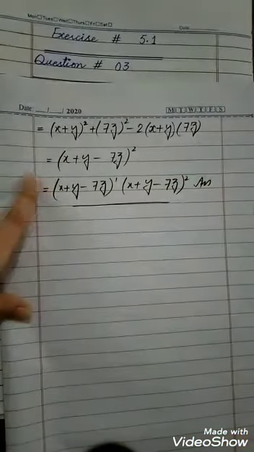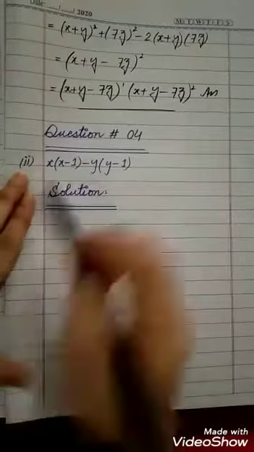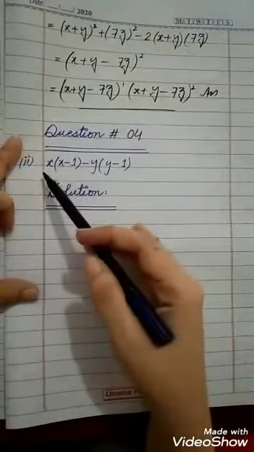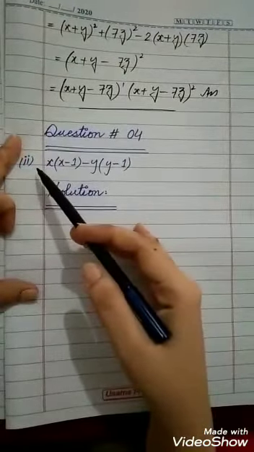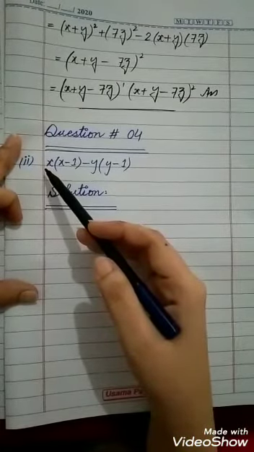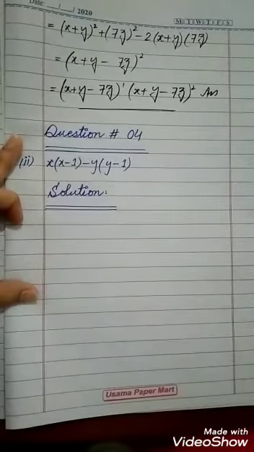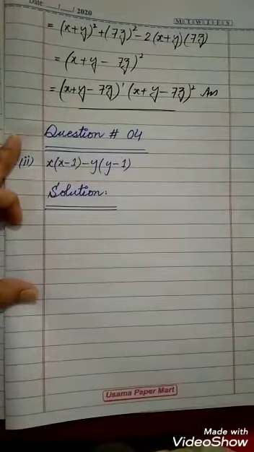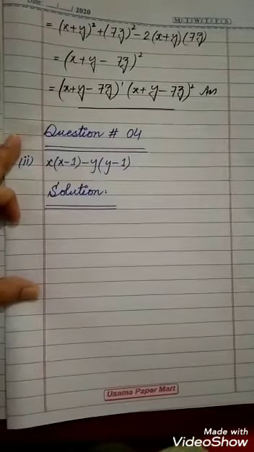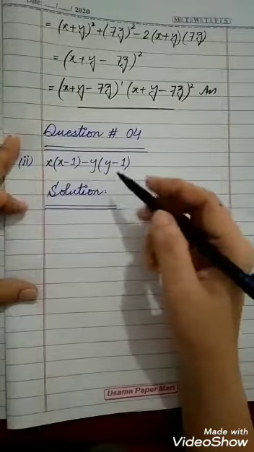Okay, now part 1 and part 4 you will do by yourself. Move ahead towards question number 4. Okay students, moving towards question number 4, part 2 we will solve, because there are 4 parts given in total. So first part you will do, second is this one, you can see it's tough as compared to the first. It's not tough, but as compared to the first. So that's why I'm going to solve part 2 now.